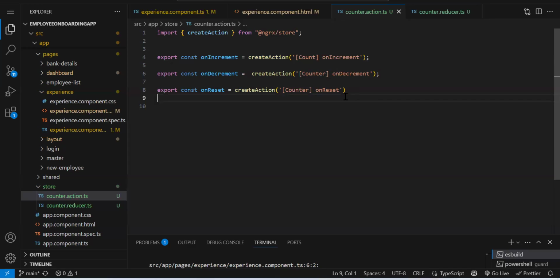Anyone try to implement, then only you will get it. Or before this, try to implement the same thing with your BehaviorSubject. Whatever we did over here, try the same thing with BehaviorSubject. Then implement this, then you will understand more. Whatever we were able to do with BehaviorSubject, the same thing we are doing over here. There the code was very less. Here code is more.